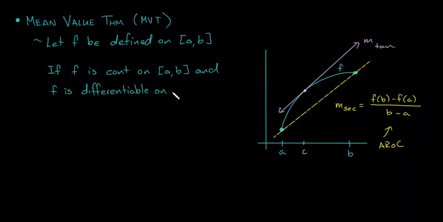On which interval? What's changed? Open interval from a to b. Now, Rolle's theorem only had one more requirement. It said f of a has to equal f of b. I don't require it here. I don't care. If these two things are true, then there exists a c in the open interval from a to b for which,